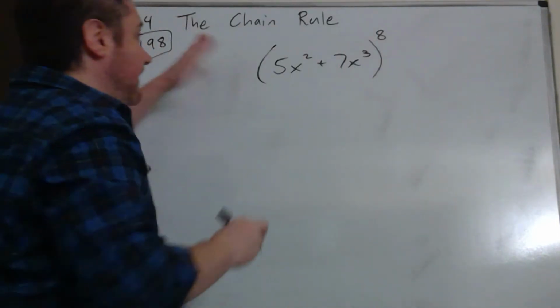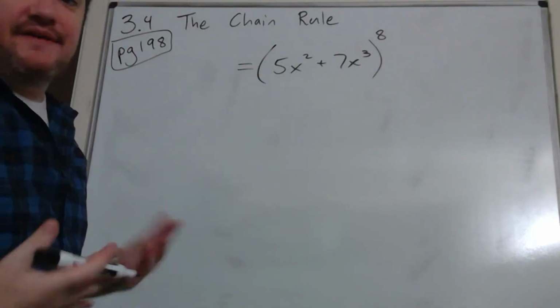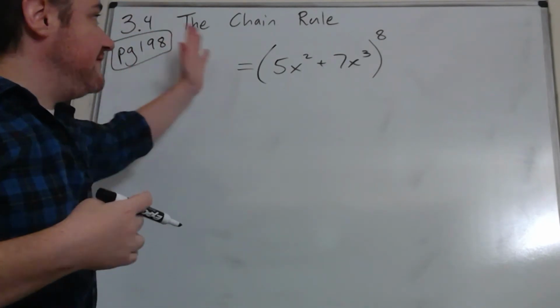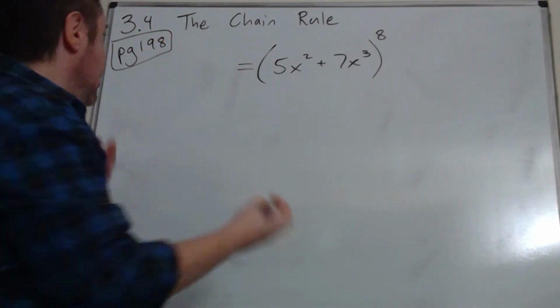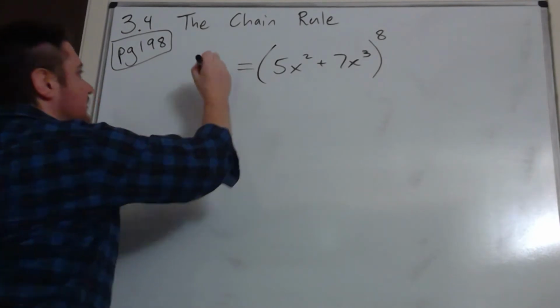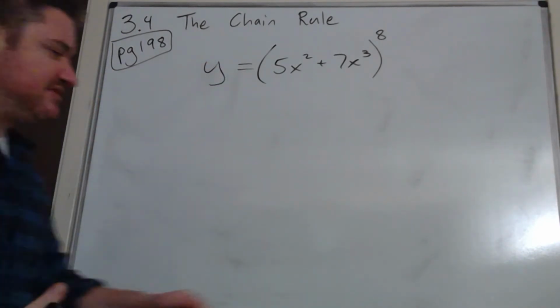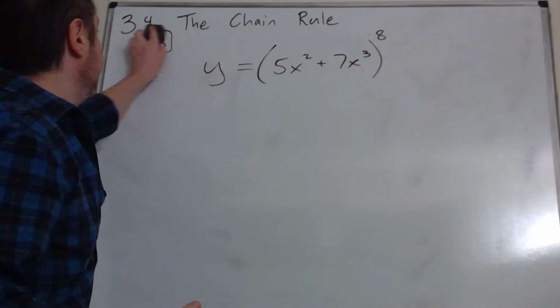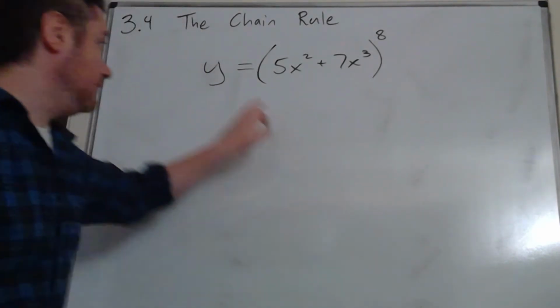So I could call that F. I could call it F of X, because it's a function of X. I could just call it F, which looks a little bit strange. Or let me just call it Y, actually, just to emphasize that we do this often, where we just want to find the derivative of Y, which